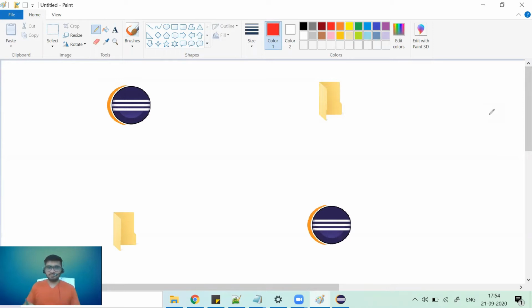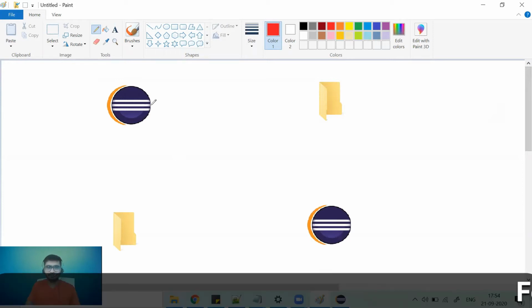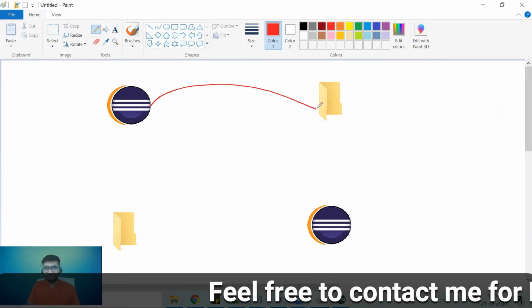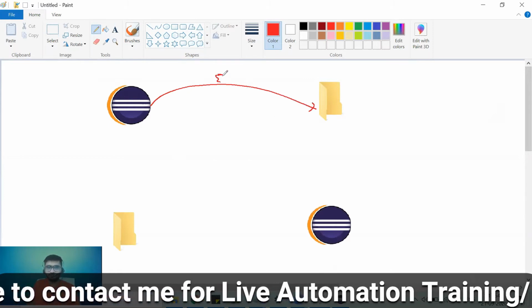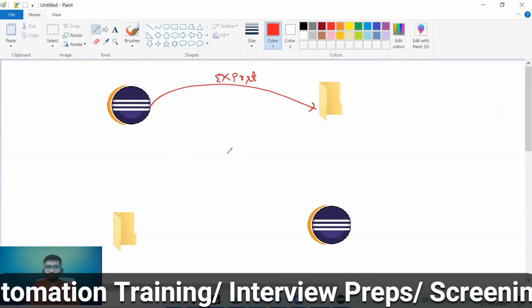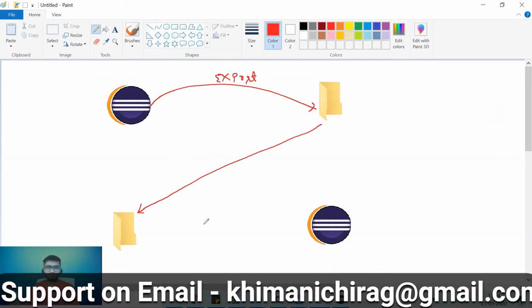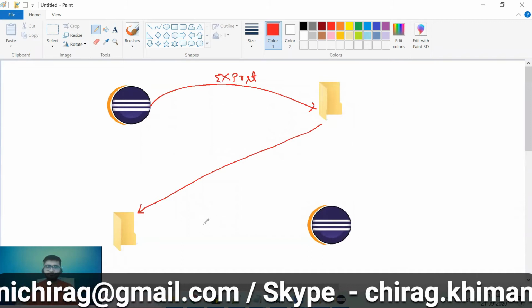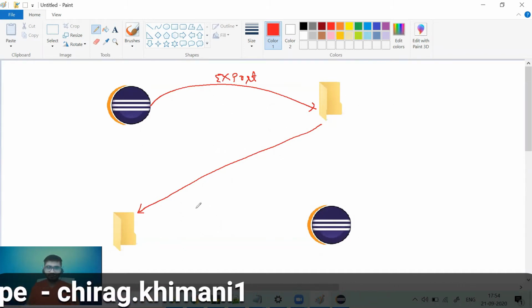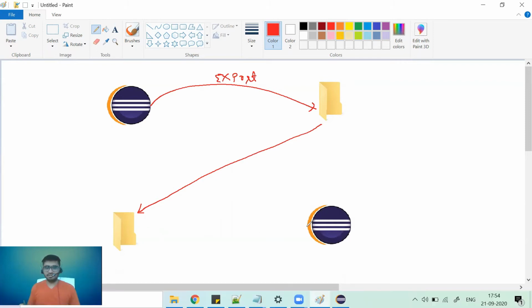On the screen, you can see that in the first case, let's say some developers are developing the project in Eclipse and they will just export that into a folder. Now you will take that project into your system, maybe from email or maybe from GitHub, right? So in your system, what you have to do is import that into Eclipse. How can we do that? To import that into Eclipse, we have some steps. We will see the steps to import from a folder into Eclipse.